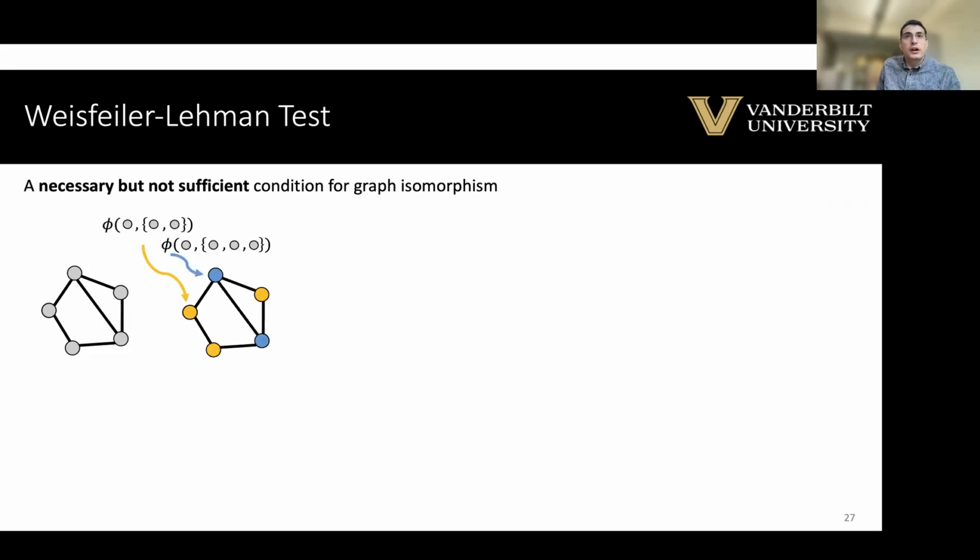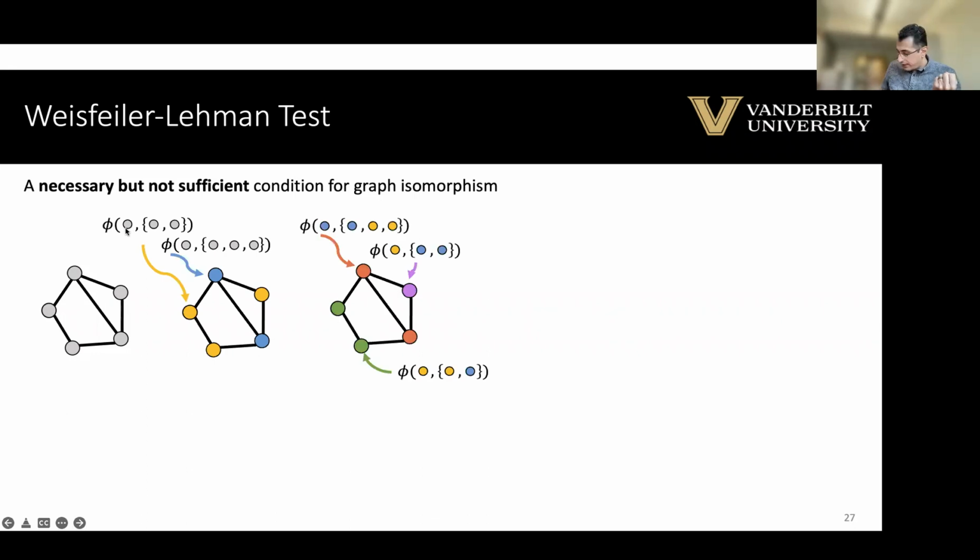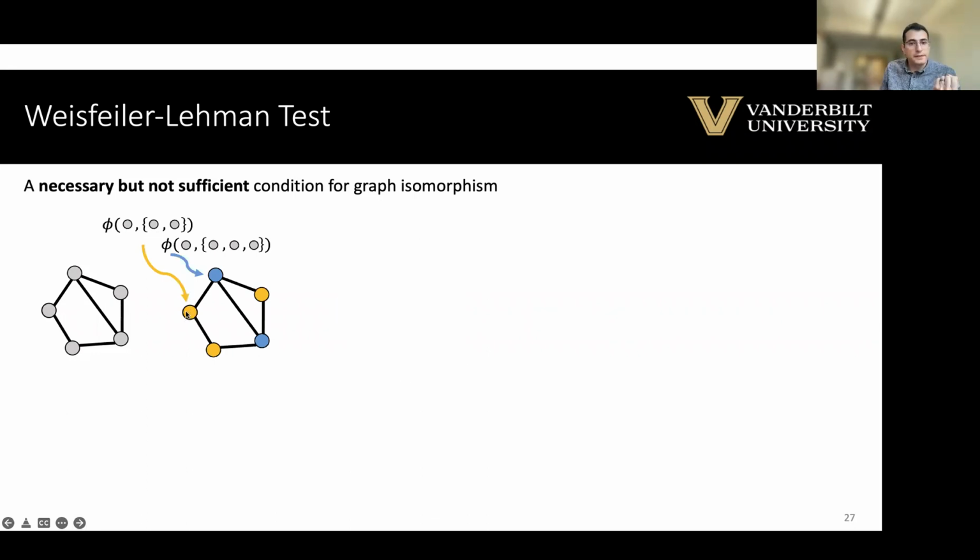And now we do our local aggregation, the phi functions that we talked about. So here, the local aggregation for this node is going to be: the self is gray, and it has 2 neighbors, and each of those 2 neighbors are also gray. And then this function is going to assign color yellow. And we can confirm that the same thing is happening for this one. It has 2 neighbors with gray color, and then itself is gray, so it's going to be assigned with color